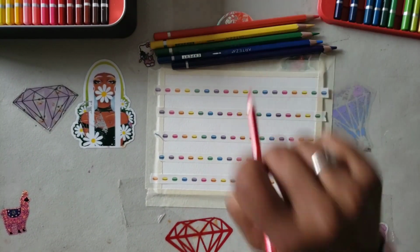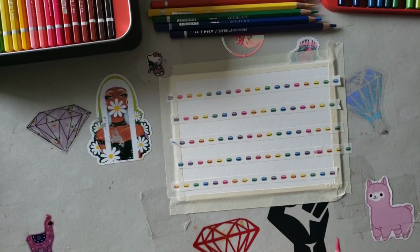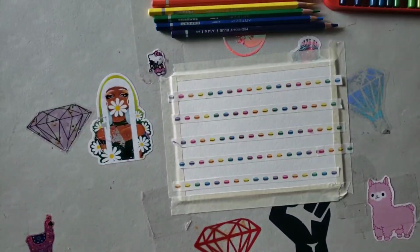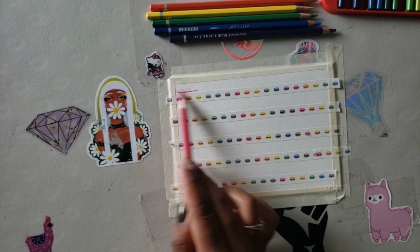we are going to take our colors, and this is the part where you actually start to color, which of course, how fitting is that? You have your little rainbow macaroons, and you have your rainbow watercolor pencils, and all I'm going to do